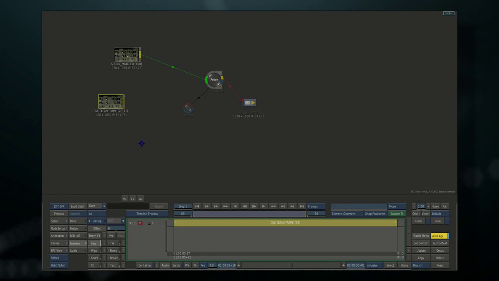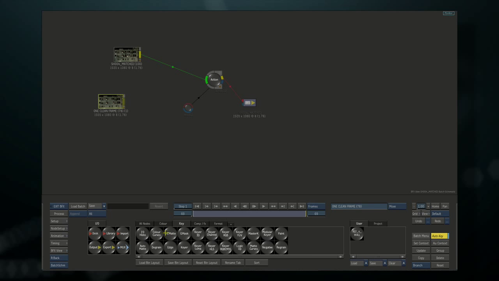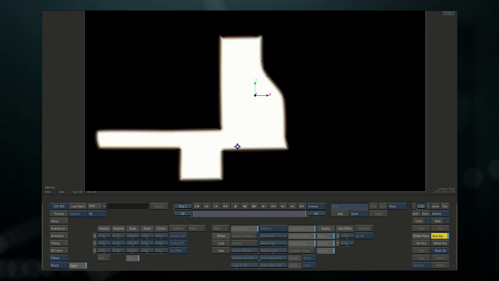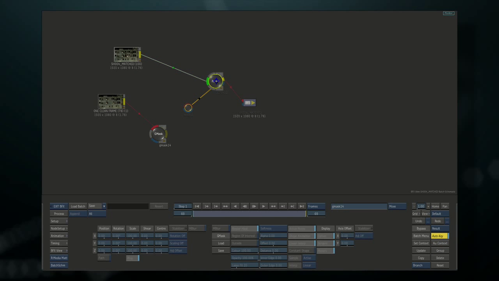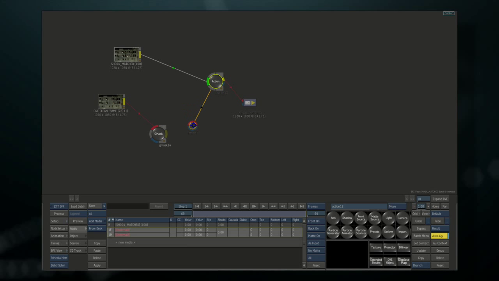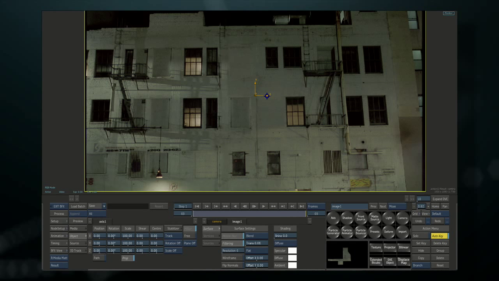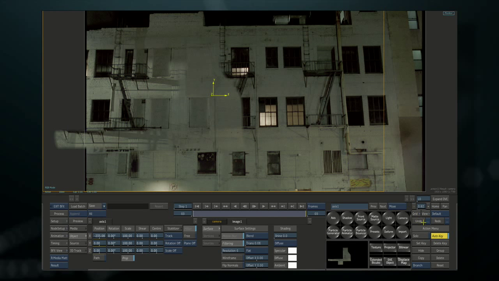But before I do that, I'm going to actually use a garbage mask. So let me go in. I showed you the masking before, so I won't go through all of that again, but I'm just going to go in and load up a garbage mask, which will isolate a particular part of that image. So we're just going to take this section out, and we're going to track that over the writing that we saw on the wall. So let's go ahead and take that as the matte, and we'll take the original in as the front,